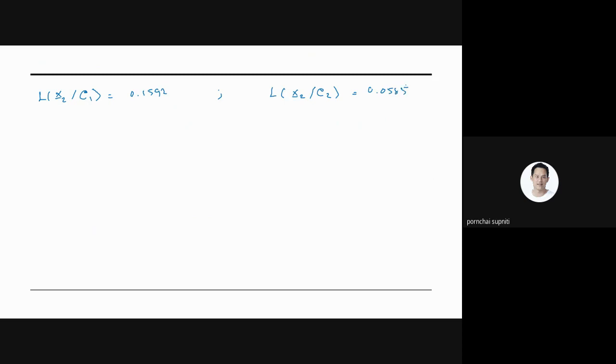We will have something like this, that cluster 1 has more likelihood than cluster 2 still. So this actually reflects k-means clustering as well,